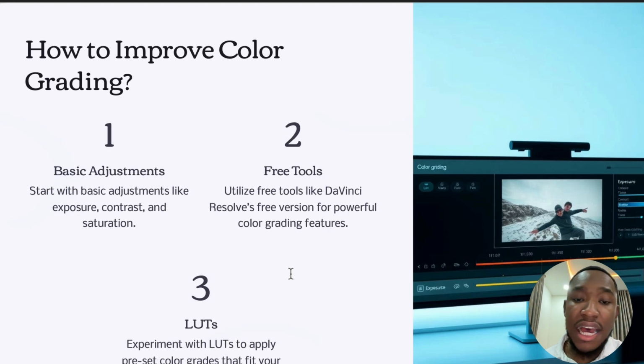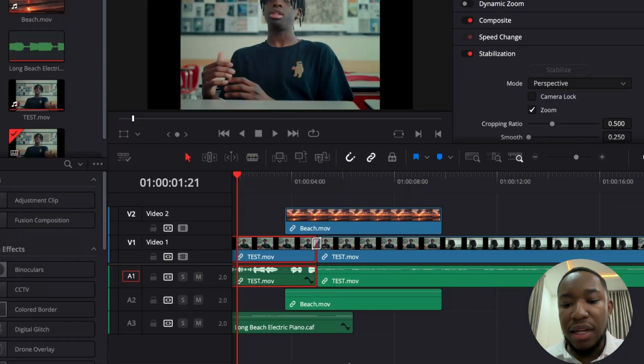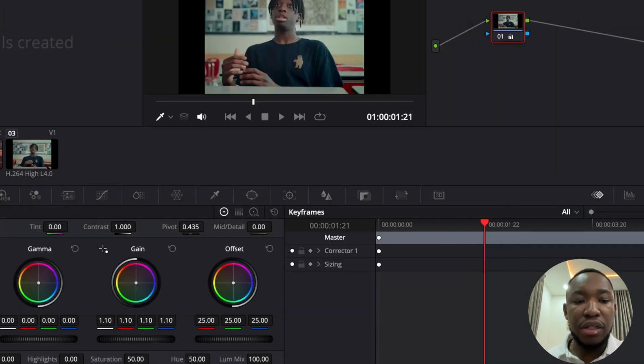The next thing you can do is improve your color grading. There are some basic things that you could do. You start with the basics, like adjusting the contrast and saturation. If we look at DaVinci over here, let's go over how to actually edit a little bit. This is why I love DaVinci: it gives you so many tools to edit color the way you actually want it. You have your saturation, your hue, your highlights. You can play with this, roll it over, bring down the saturation and the overall brightness,